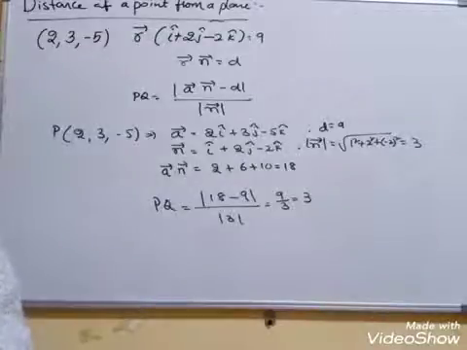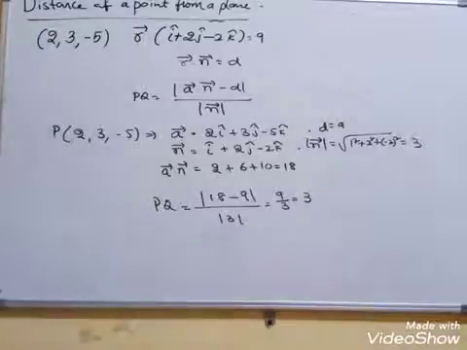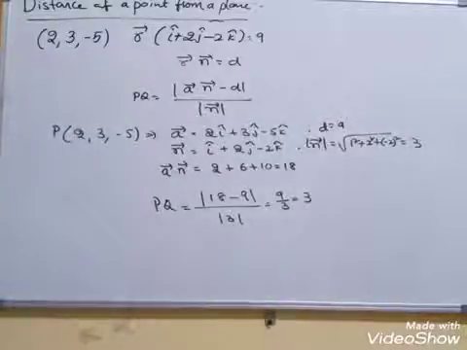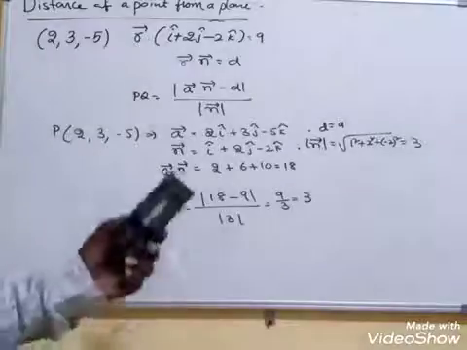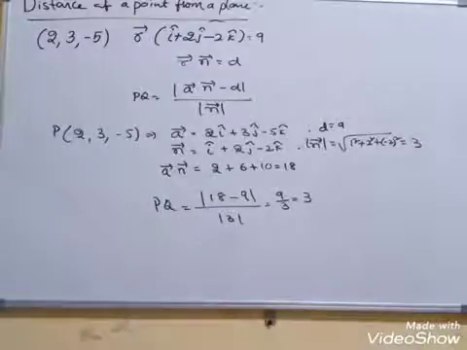That's why, what is the formula when they are given a normal? They are given PQ is equal to a bar dot n bar minus d by modulus of n bar. Then a is given as (2, 3, -5). Then what you got? A bar is equal to 2i plus 3j minus 5k, and d is equal to 9. N bar is equal to i plus 2j minus 2k. Modulus of n bar is equal to root of 1 square plus 2 square plus 2 square, 1 plus 4 plus 4, is equal to root of 9, which is equal to 3.